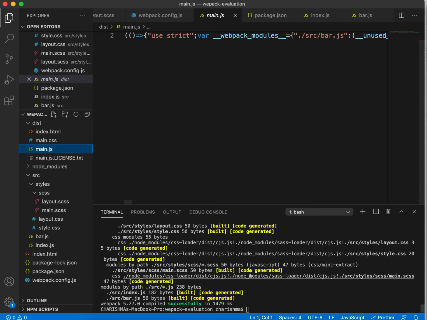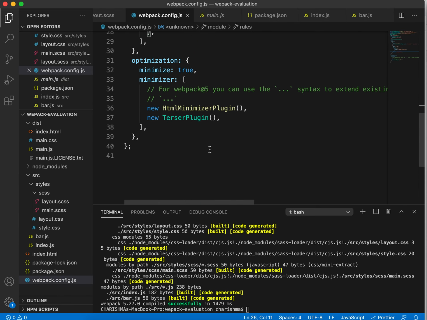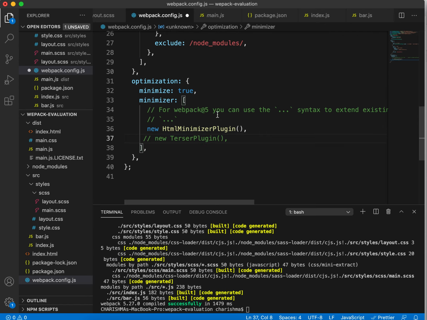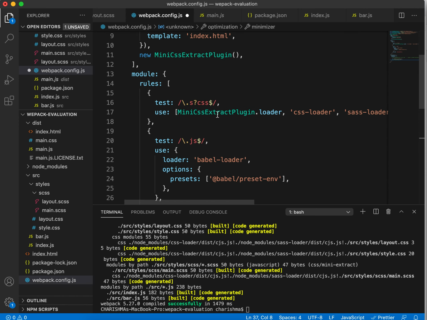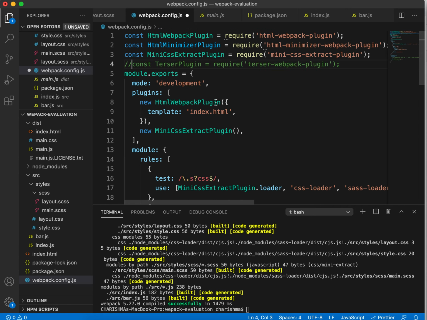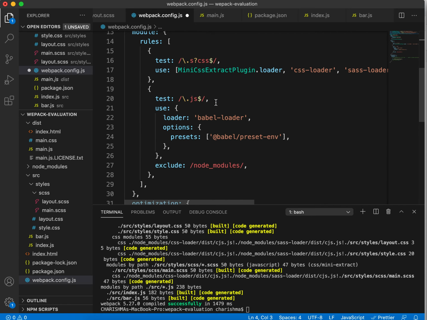How should I show? Let me take off the terser. I'm gonna comment this, and also where did I use terser? So if I build this again,